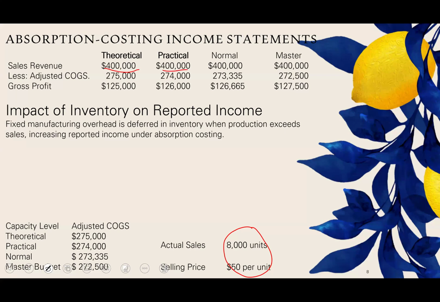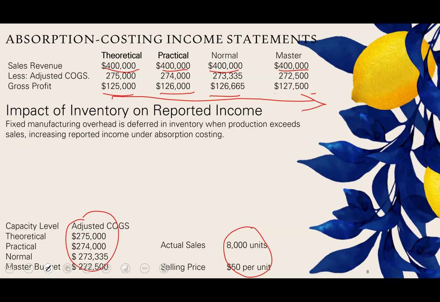It doesn't matter which capacity you are talking about. It is only your cost of goods sold, which is different under the four methods. And then you can see that your income, okay, is rising slowly. Income is the smallest here. Income is the biggest here, which means smaller the denominator you use,